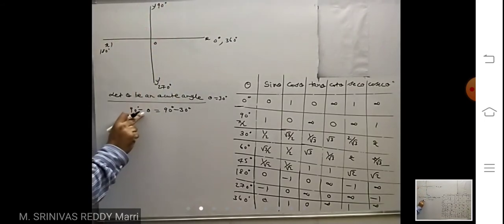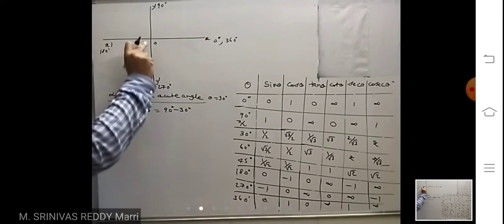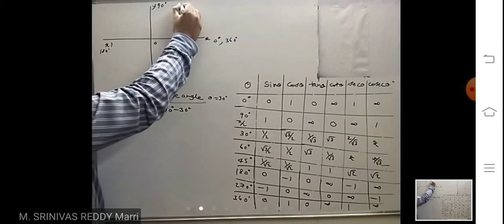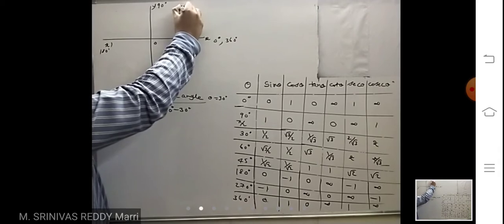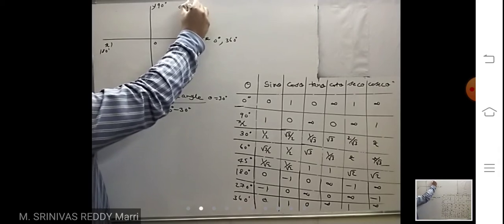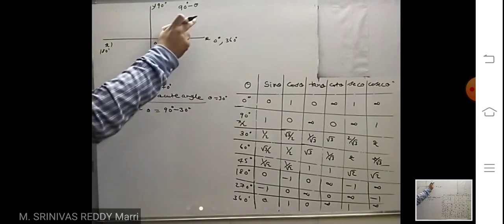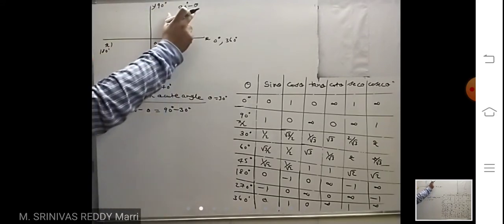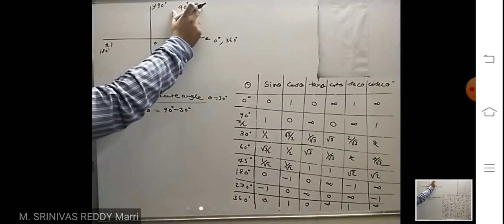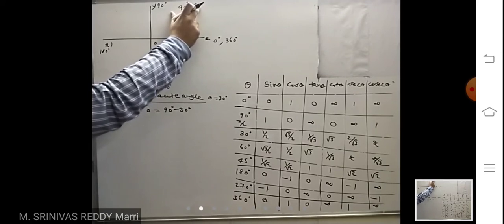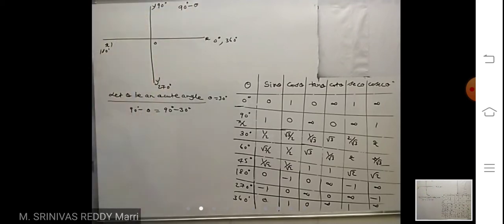You take any value. 90 minus 45, where will it be? 45, in the first quadrant. That means in the first quadrant the angle will always be of the form 90 degree minus theta. You take any angle, 90 minus 60 is what? 30. It will lie between 0 and 90. In the first quadrant, any angle will be of the form 90 minus theta. Right? So next, in the second quadrant, suppose you take 180 minus theta.